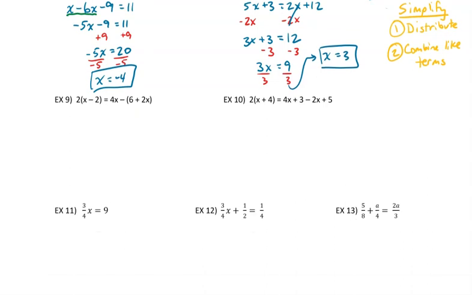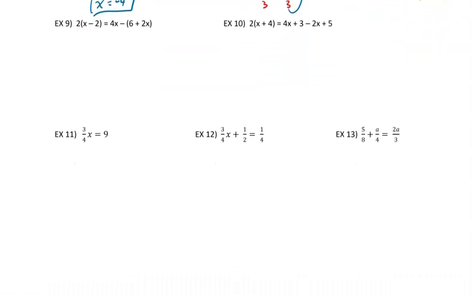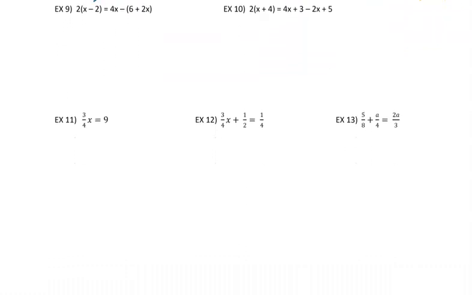All right. Moving on to example 9. So same thing as before. First step, we want to get rid of all the parentheses. So we're actually going to distribute 2 things, right? The first one's pretty obvious. We're going to be multiplying everything in the first parentheses by 2. So we're going to get 2x minus 4